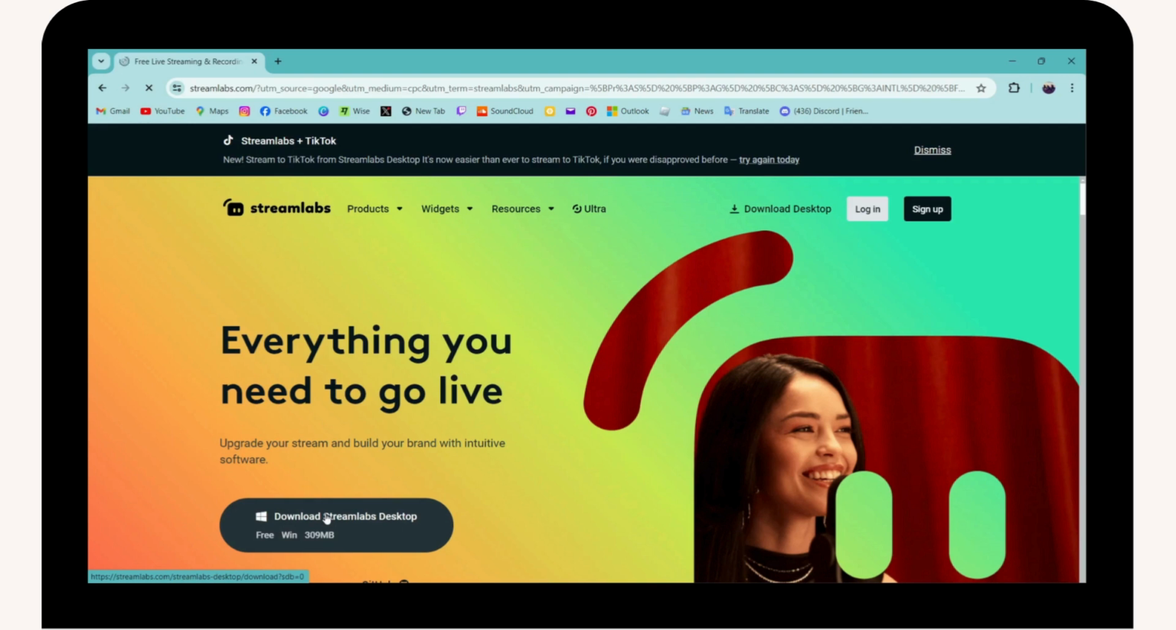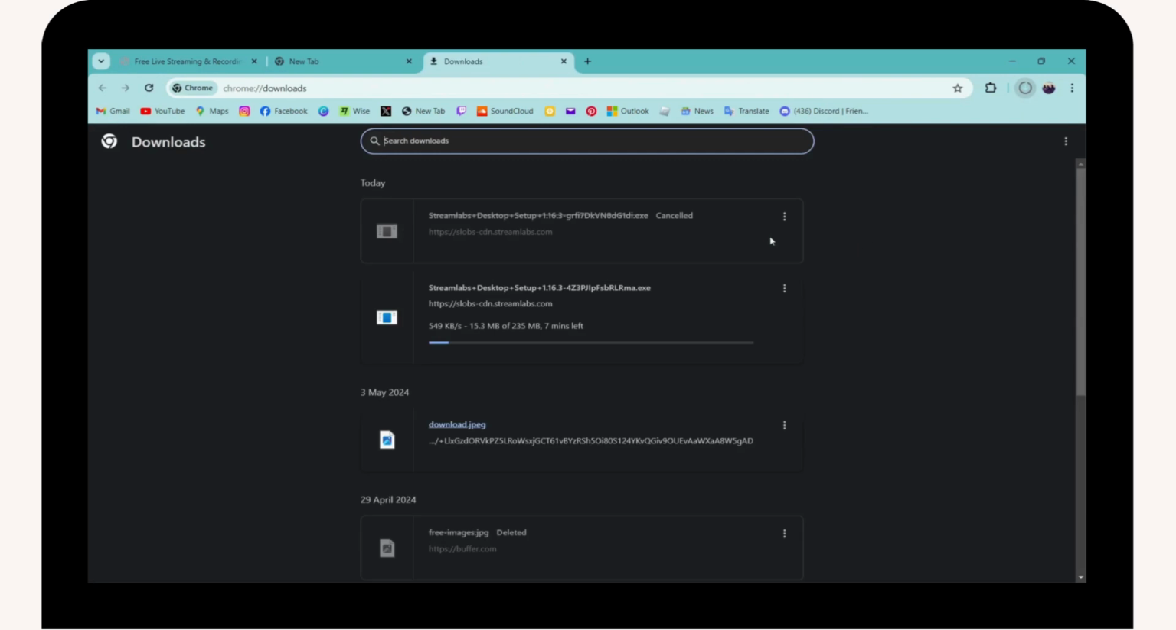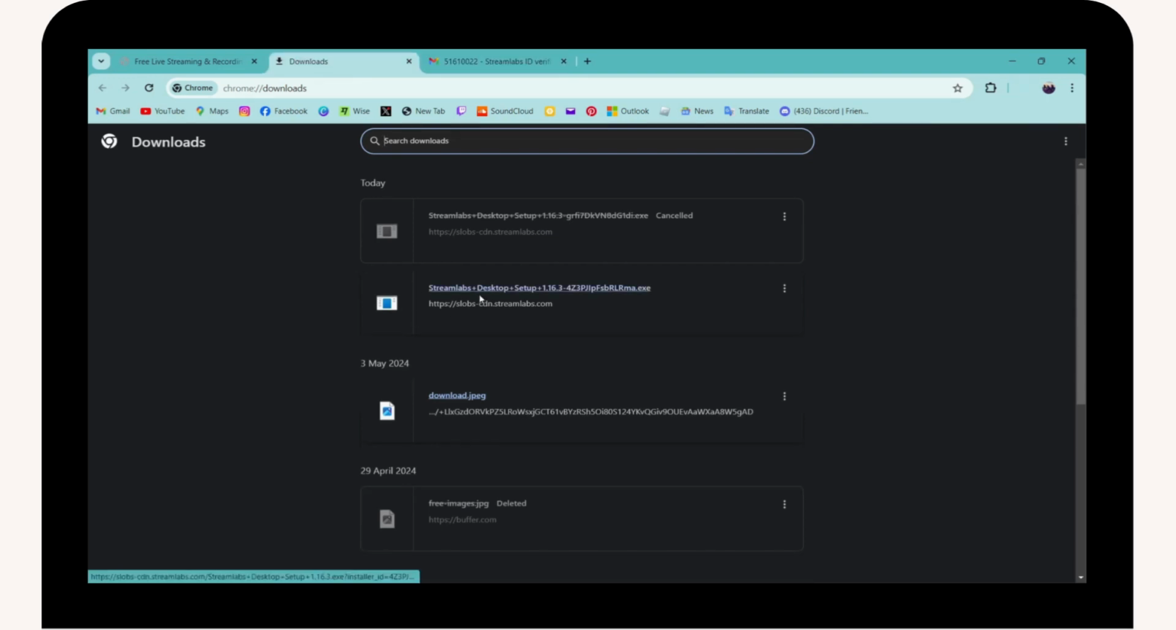Click on that, and once you click on that, you can simply go for your downloads, which is on the upper side. Go for the full download history, and here you can see your Streamlabs is being downloaded. So it might take some time to download the application. Just wait for some time, and once it's downloaded, you can simply click on that link